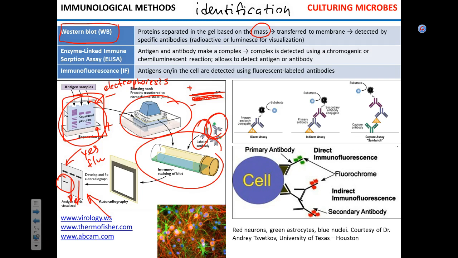Now, is this method used in clinical practice? Yes, but not frequently. The main problem with this method is it is really hard to quantify. I mean, you can compare two samples. You can say this sample has more than another, but it's hard. That's problem number one. Does that make sense? Problem number two, it takes a long time.